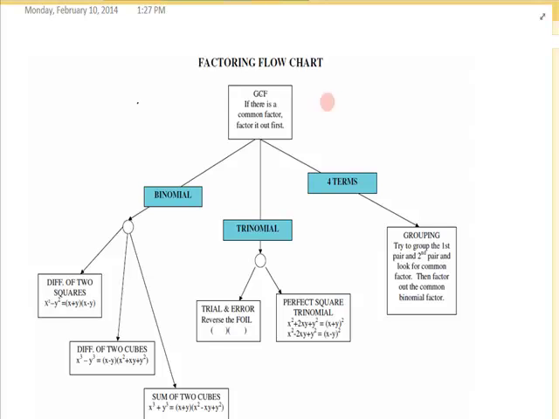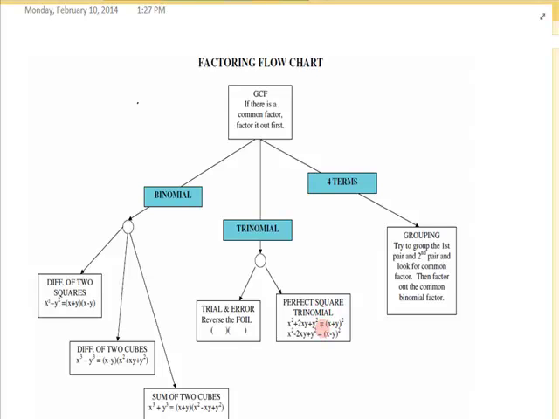You're asked to factor. Please first look at all the terms and see if there is a greatest common factor. If there is, factor it out. That may be all you can do. But then again, you can do more. 4 terms, grouping. 3 terms, either use trial and error, or if you recognize it, factor it as a perfect